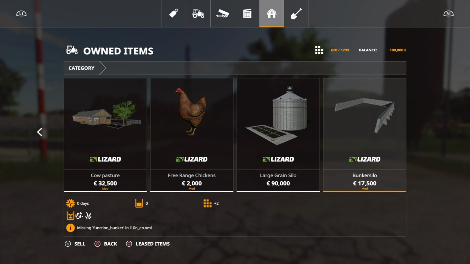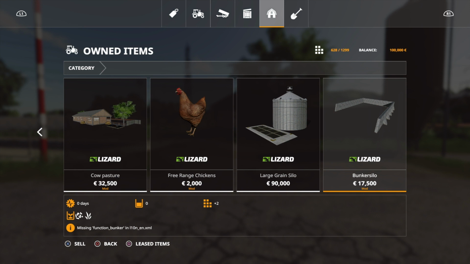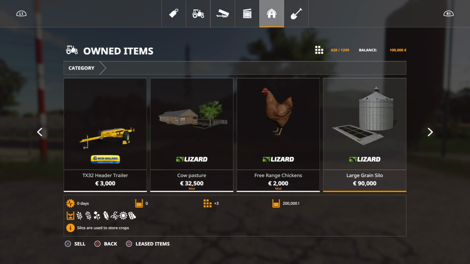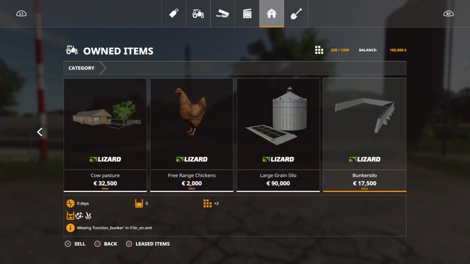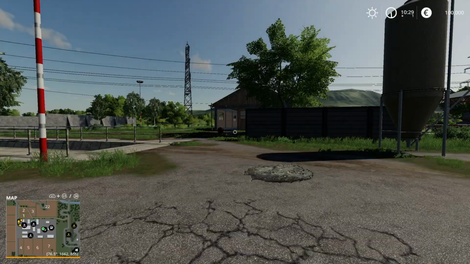But what is also kind of missing, we haven't got a farmhouse. There's nowhere to skip through the night. Not that I've come across anyway. So you may need to place one on this at any point, whichever you'd rather do. Contracts are available. I do need to check that as well, just to make sure we're...